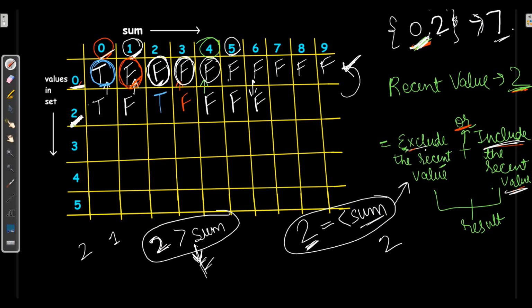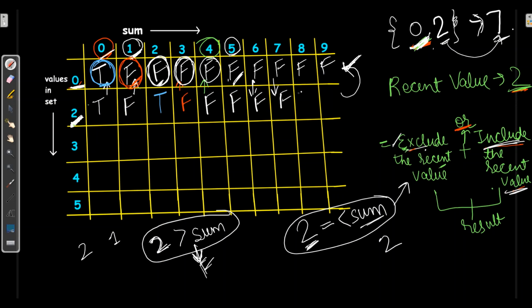Now for 7, first I need to exclude the recent value from 0. I can have this from the above row, false, plus, and then I will include this 2. From 2, can I achieve 7? Yes, by adding 5. Here 5 is returning false. So false or false will have false.